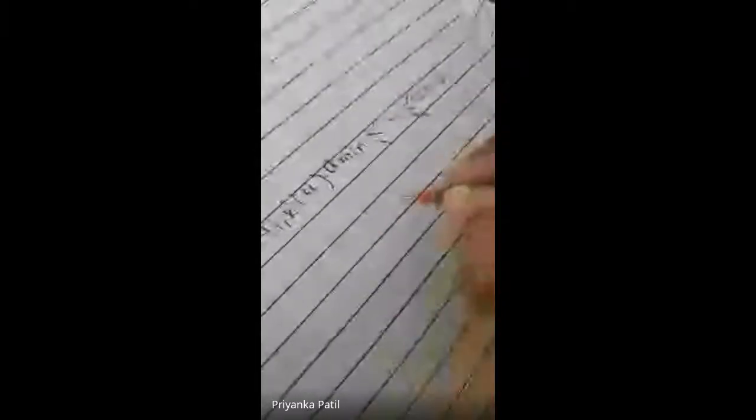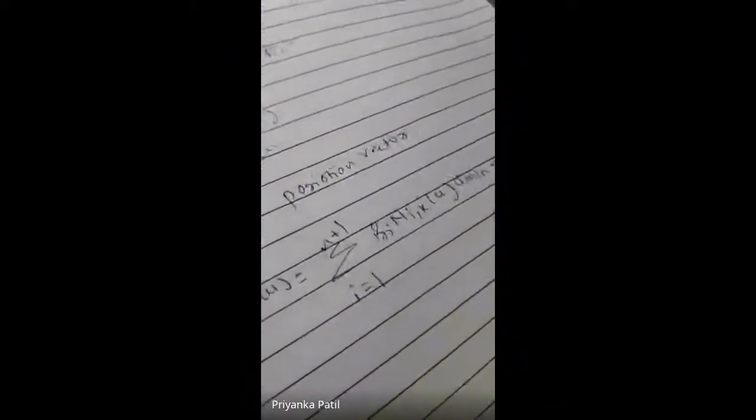Here k is greater than or equal to 2 and less than or equal to n plus 1. So here the meaning of B